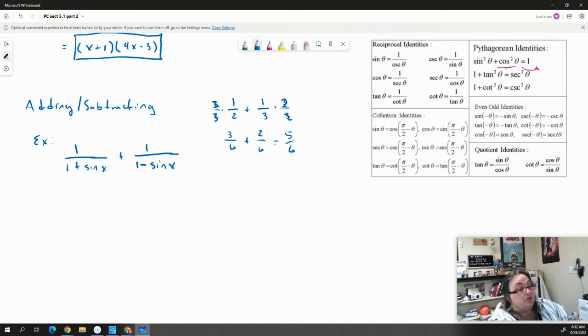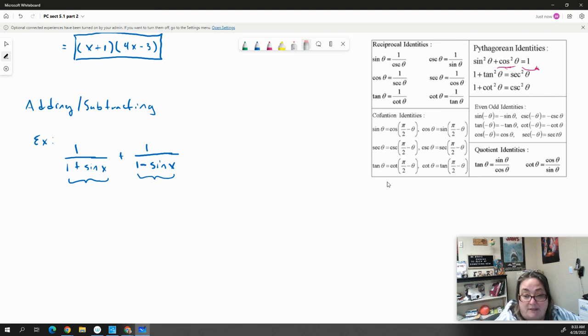Well, the same thing is true when we're dealing with trigonometric functions, right? We still need to have a common denominator to add any kind of fraction or subtract any kind of fraction. So when I look at this, I go, okay, well, here we have 1 plus sine of x, and here we have 1 minus sine of x, right? So what I can do to make these denominators common